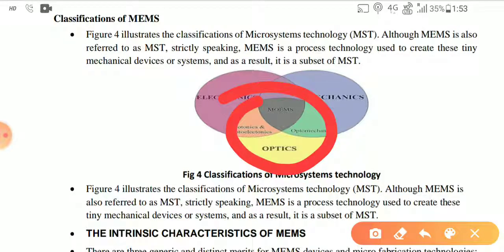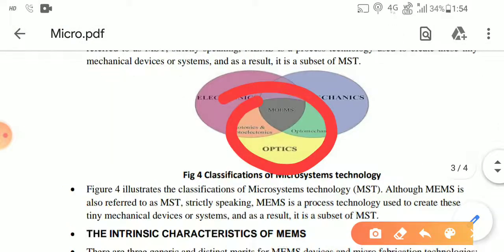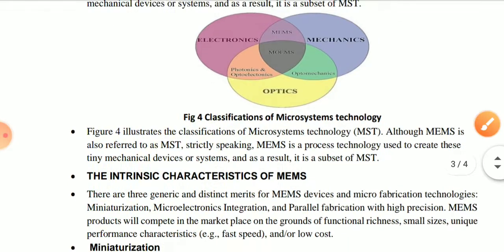So what is the basic difference between MEMS and MST? The real difference is that MEMS tends to use semiconductor processes to create a mechanical part. In contrast, deposition of material on a silicon, for example, does not constitute MEMS but is an application of MST. That is the basic difference between MST and MEMS.